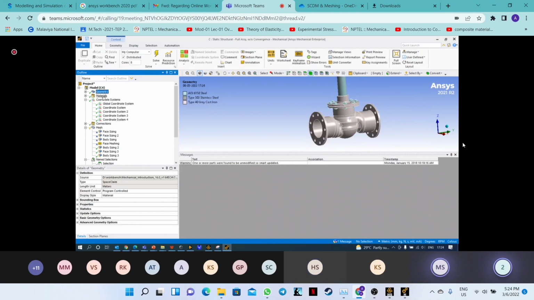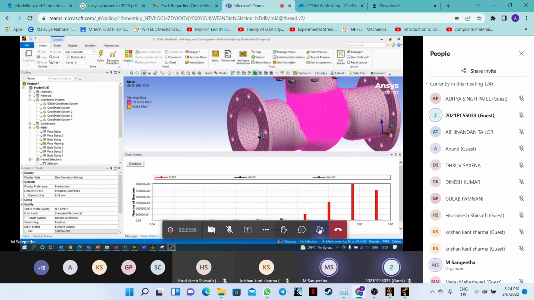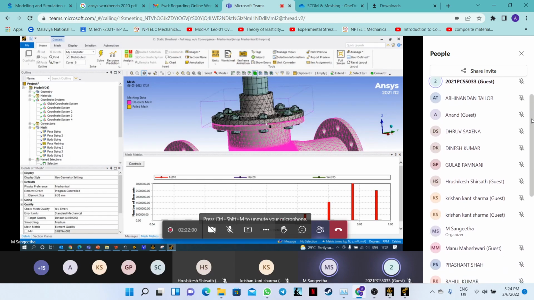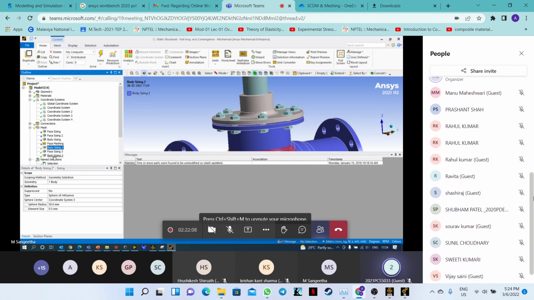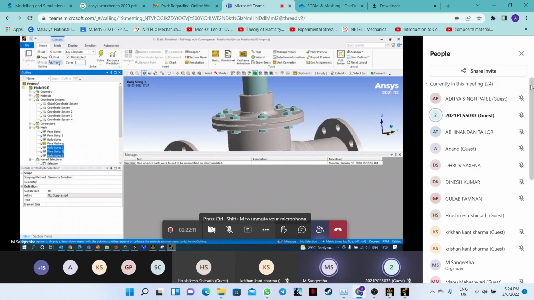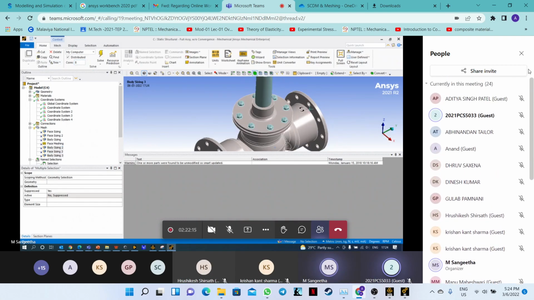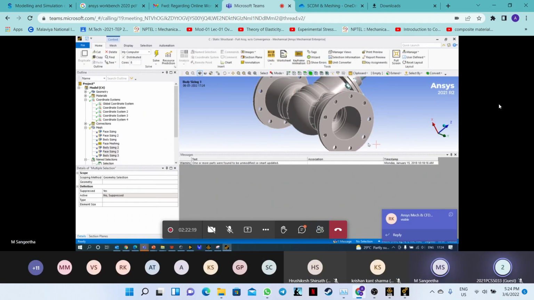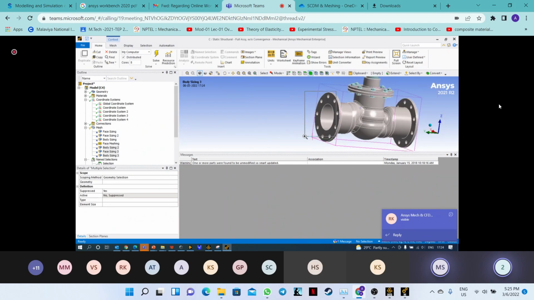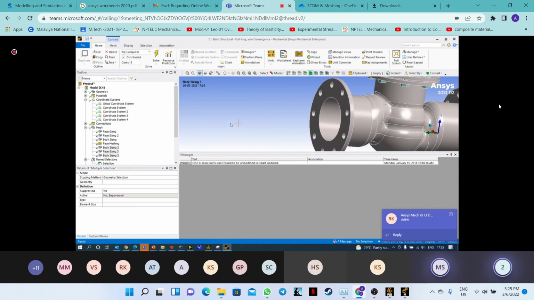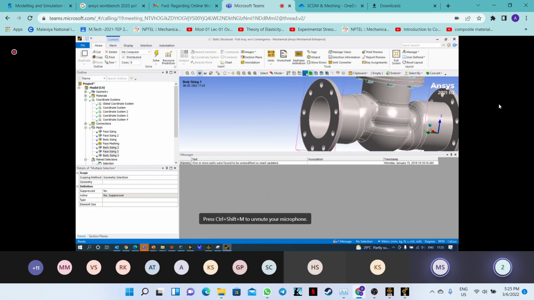Okay, let us focus on a few more controls that can be used. Please confirm if my screen is visible. Yes, ma'am. Let me consider that I'm interested in knowing the results at this particular surface. It could be any region where you want to get more results. That is like the near wall effect, mostly in CFD problems or in structural problems. If my interest is to get the result near this area, I'll try to have a better quality refined mesh. For that I will use the insert mesh tool, and